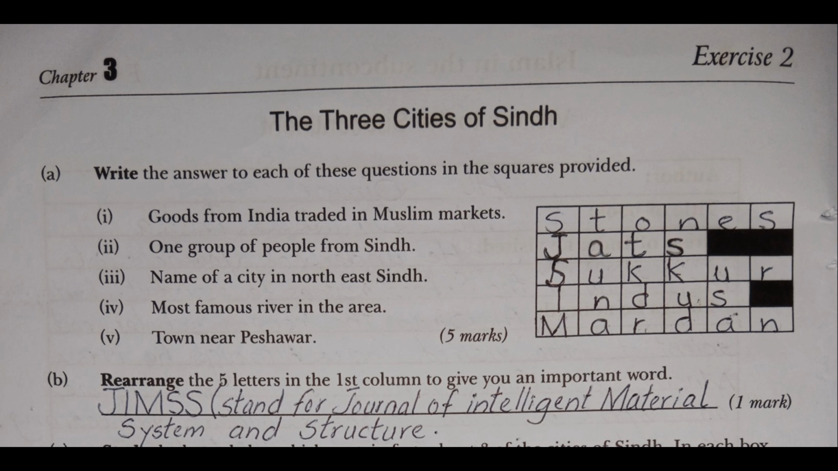A. Write the answer to each of these questions in the squares provided. 1. Goods from India traded in Muslim markets: stones. 2. One group of people from Sindh: Jats. 3. Name of a country in northeast Sindh: Sakhar. 4. Most famous river in the area: Indus. 5. Town near Peshawar: